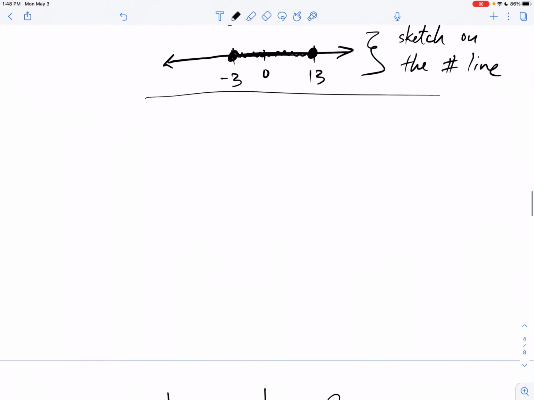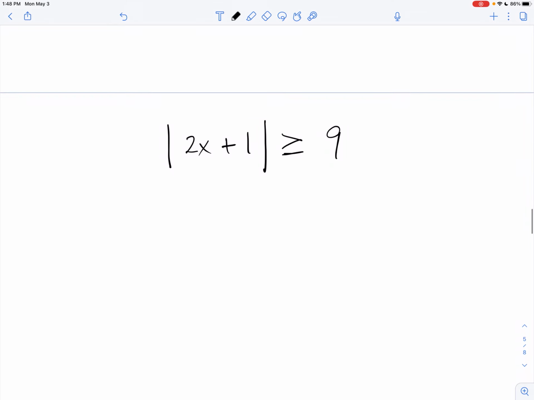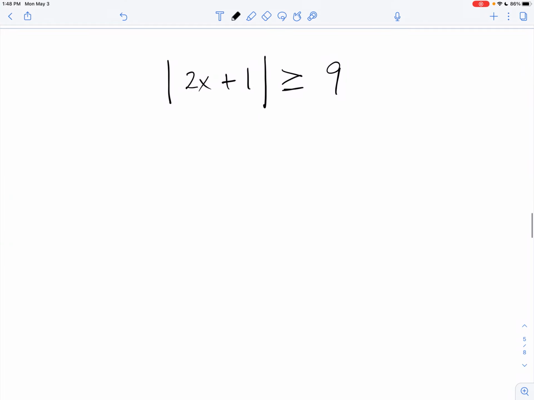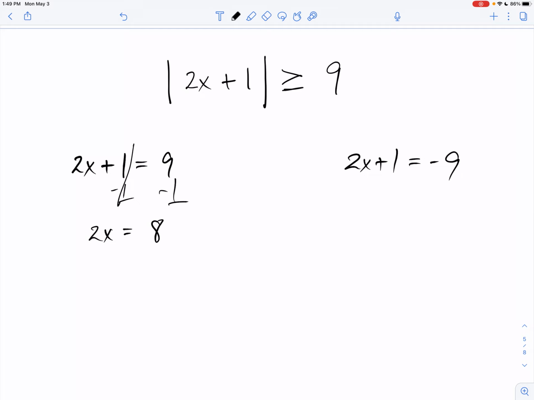So let's just take a look at what could happen. See, I know that you might skip through the rest of this and say, I could do it now. What are we doing? Well, we're looking at when 2x plus 1 equals 9, or when 2x plus 1 equals negative 9. If we work this out, we're going to get x equal 4. And over here, if we work this thing out, we're going to get x equal negative 5,